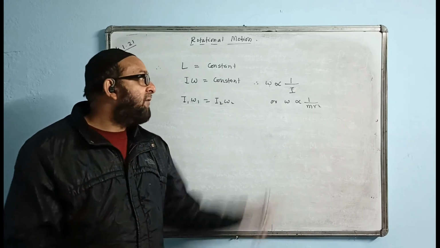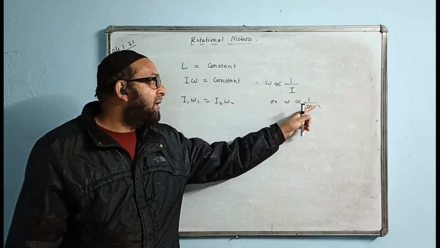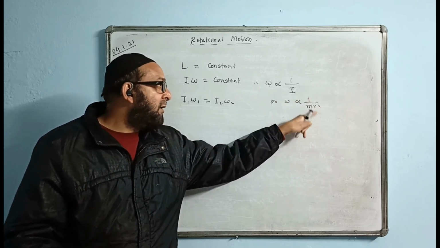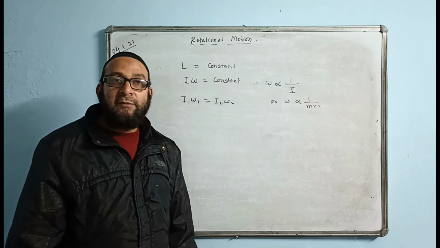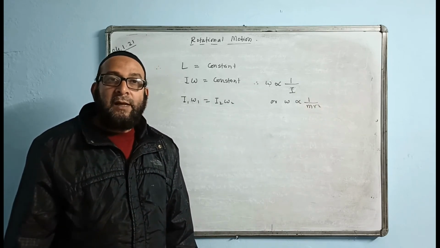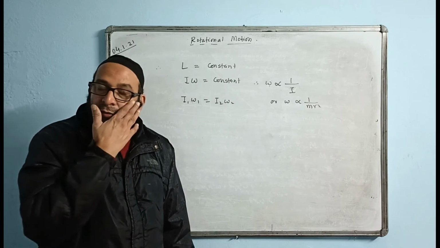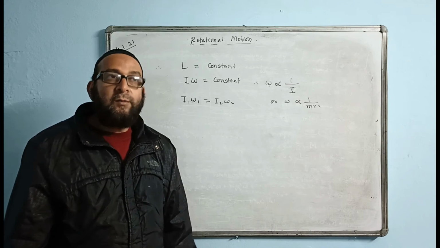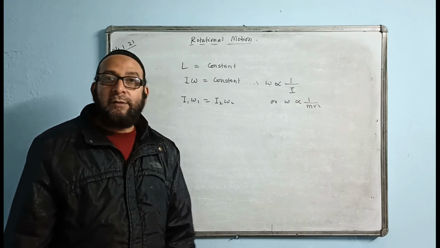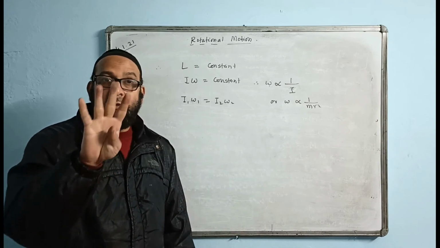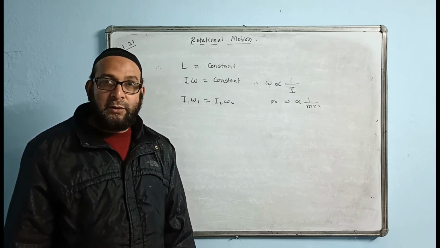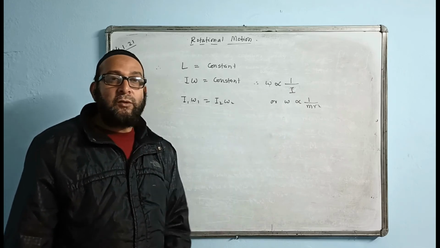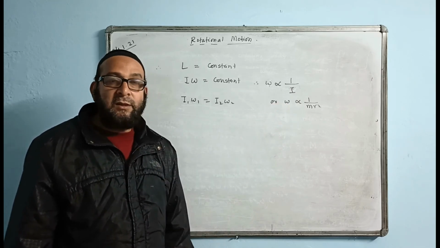Suppose radius is becoming half, then omega will become how much? Radius is half, then omega will increase by 4 times, because r is 1 by 2 square, that 2 will come out. That is, speed of rotation will increase by 4 times. That means the duration will decrease by 1 by 4 times. In the normal case, the day's duration is 24 hours. In this case, the day duration will be only 6 hours. Anyway, we will do some questions on this later on, but this is the fact.